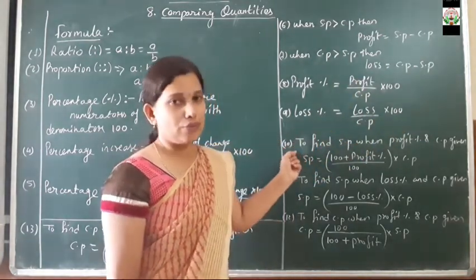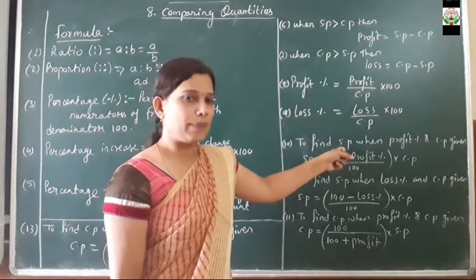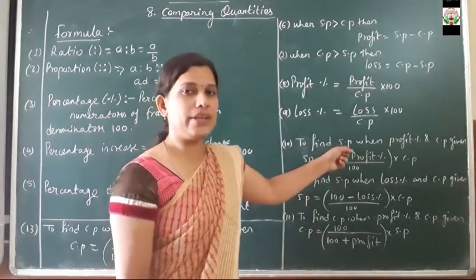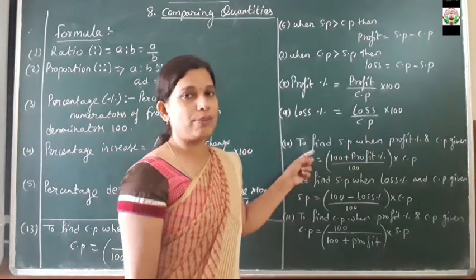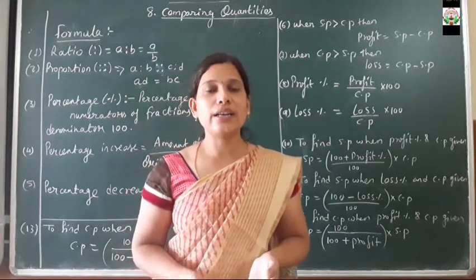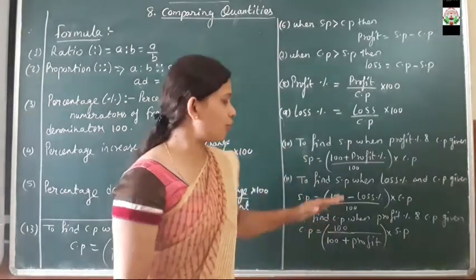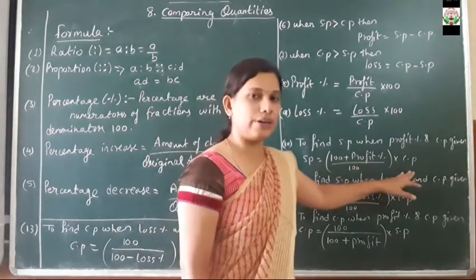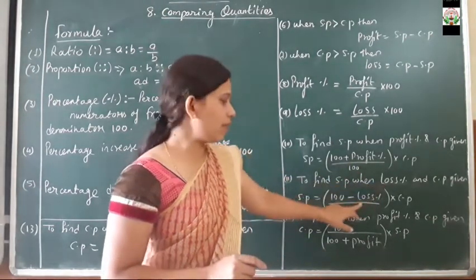Now moving towards the main formulas of the chapter. When in the question it is asked to find the SP, when profit percent and cost price are given. मतलब क्वेश्चन में सेलिंग प्राइस फाइंड करना है. कब फाइंड करना है? जब आपको प्रॉफिट परसेंट और कॉस्ट प्राइस का वैल्यू दिया रहेगा क्वेश्चन, तो वहाँ पर फॉर्मूला सेलिंग प्राइस का फॉर्मूला होता है 100 प्लस प्रॉफिट परसेंट अपॉन 100 इंटू सीपी, मतलब जहाँ प्रॉफिट होगा वहाँ एड होगा, जहाँ लॉस आएगा क्वेश्चन वहाँ माइनस होगा ना.